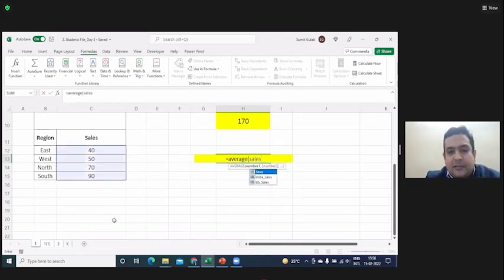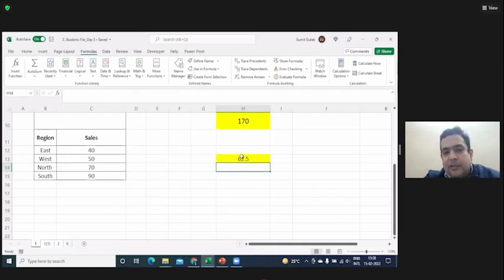It will give me the average of the data. Also, if I want to rename it as East Sales, West Sales, North Sales, South Sales, first you have to bring Sales within the data. It will pick up whatever is there in the left. First rename it, then concatenate East and Sales, bring the name here, then rename it from here. It will pick up whatever name is there in the left.